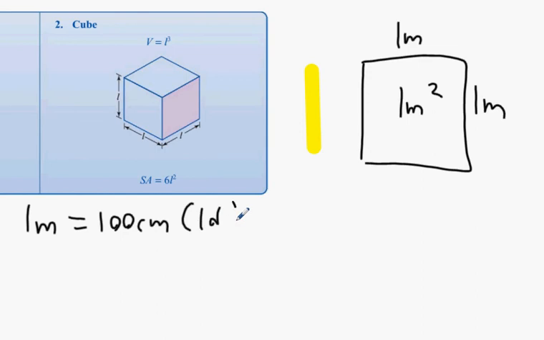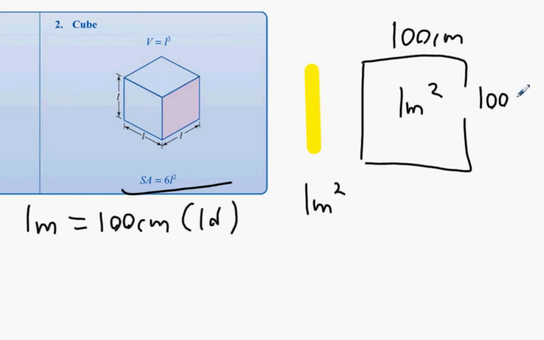That's one dimensional. That's just a line. When you're talking about 2 dimensions, as in area, you're going to be talking about 1 meter squared. Do you know what a meter is again? It's 100 centimeters. So if I change both of them to 100 centimeters, and I multiply 100 by 100, what do I get? 1 meter squared is 10,000